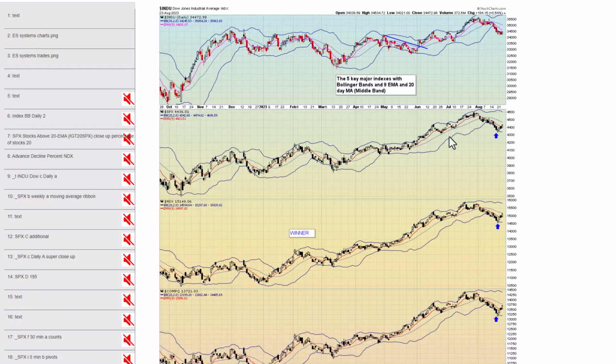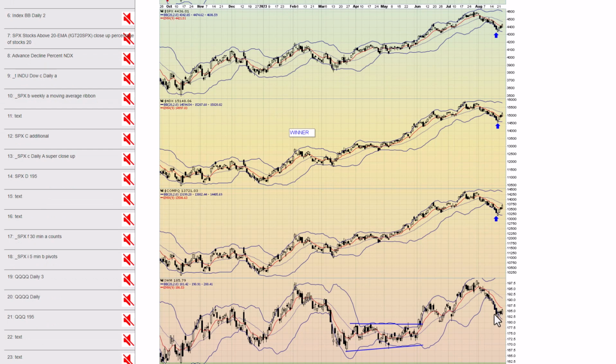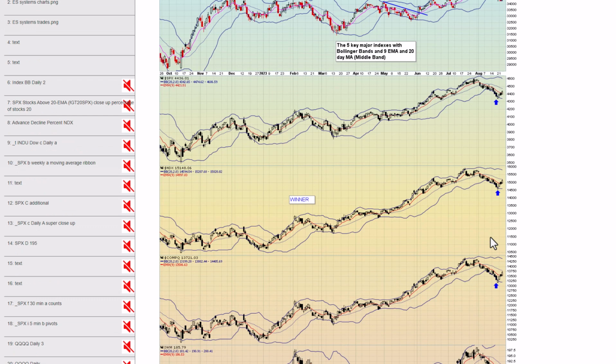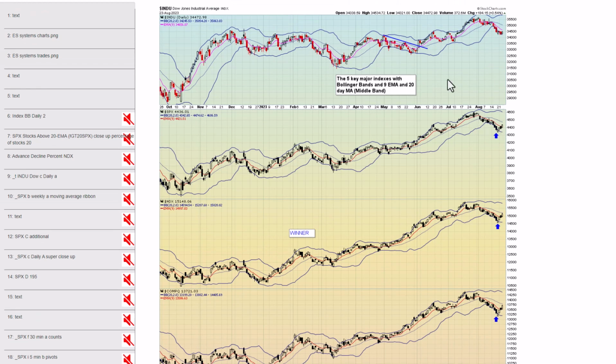Next, let's go and jump to the index chart. So image number 6 shows the 4 major indexes with just simple Bollinger Bands. Again, everything coming into this week was very stretched. You can see here, S&P and Nasdaq, Russell, all were trading below their respective lower Bollinger Bands. So that's not sustainable in the short term. So logically, we've got a nice reversion to mean rally this week. You can see the Nasdaq getting close to its middle Bollinger Bands.